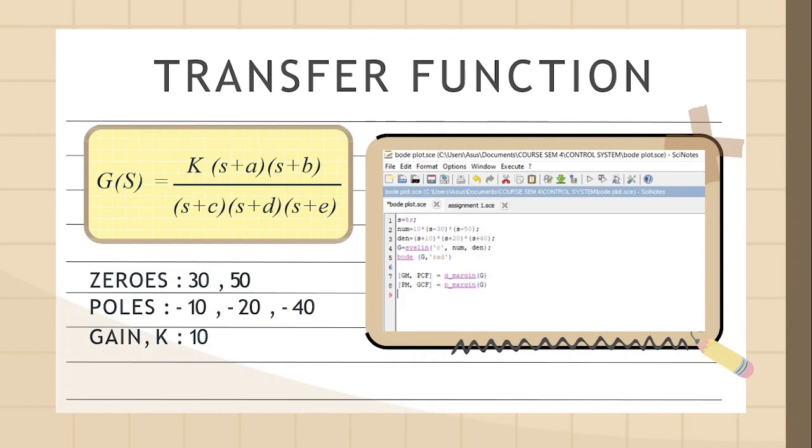For the zeros, the values are 30 and 50. For the poles, -10, -20, and -40. For the gain, it is 10. The right box shows the coding for Scilab that we need to use to generate this transfer function. So for the next slide,